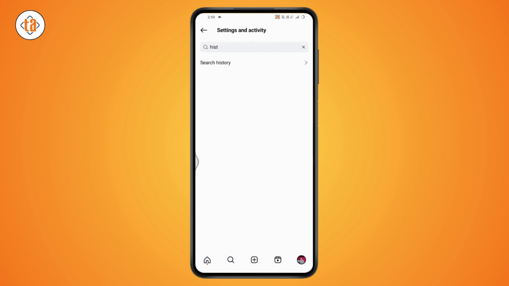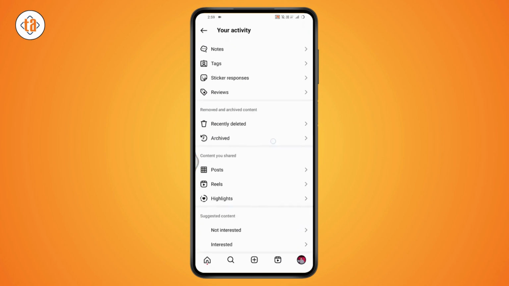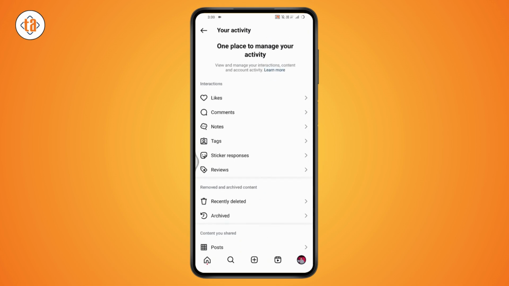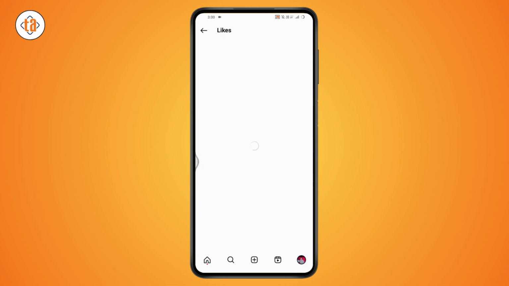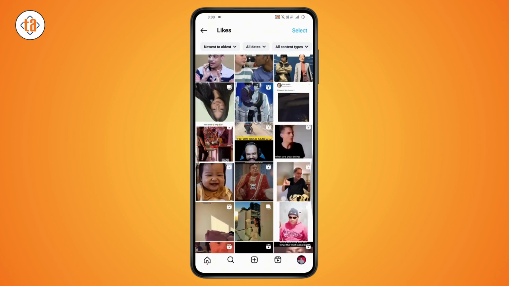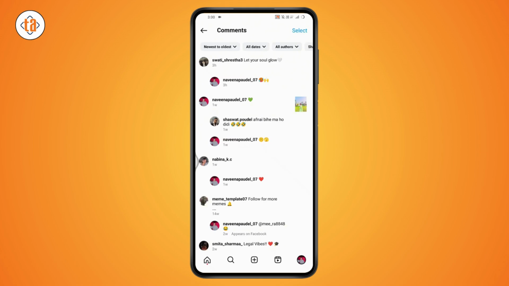But if you want to go with your watch history, then you just need to simply go with your activity under your settings, and here if you scroll down, then you will have the likes history, comments history, and everything, or saved. So you just need to simply go with likes, and here you will have all of the posts that you've liked. Or if you go with comments, then here you will have all of the posts or videos